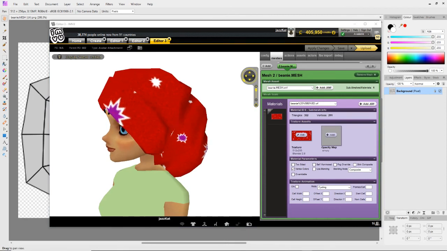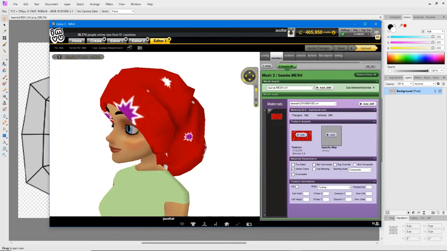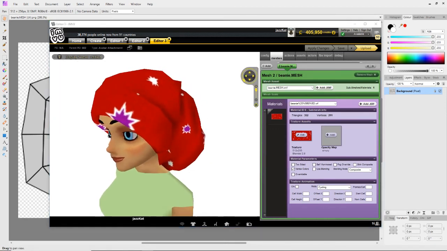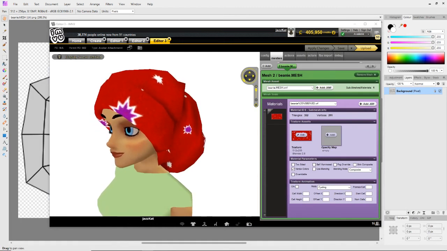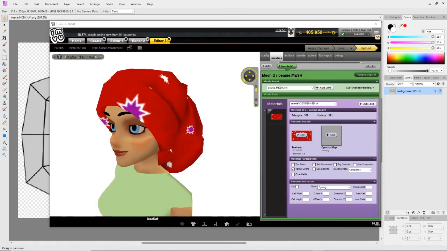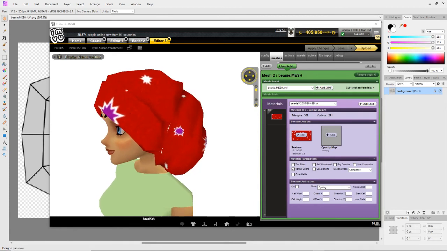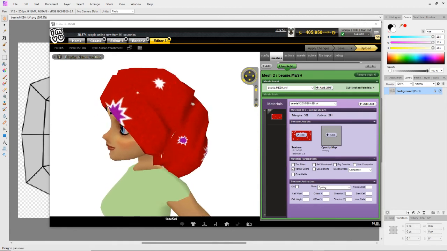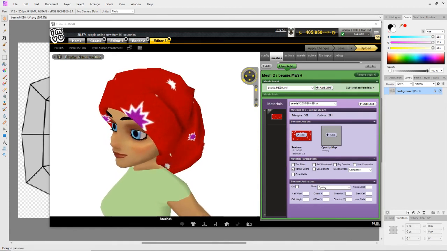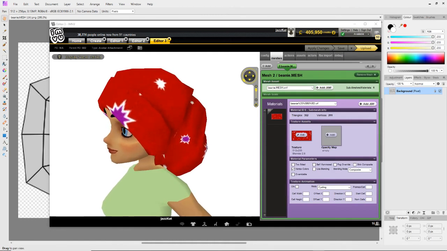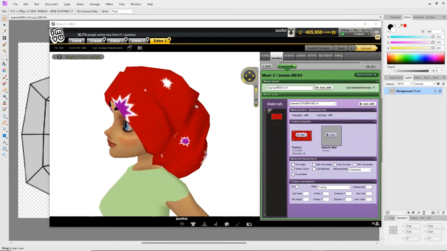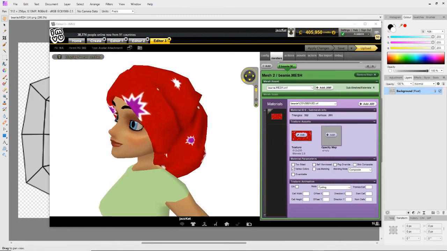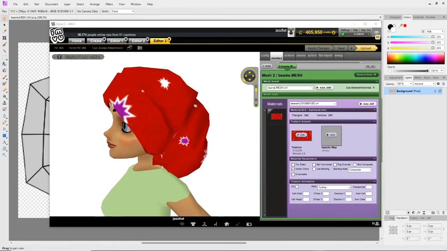So there we go. A beanie hat, not a headscarf. And that's taken us, so yesterday we did about an hour and a half-ish, and today we're almost an hour and a half again, so 3 hours. But obviously when you're working, because you're not having to explain everything, it'll probably take less than that. But to do an overview,